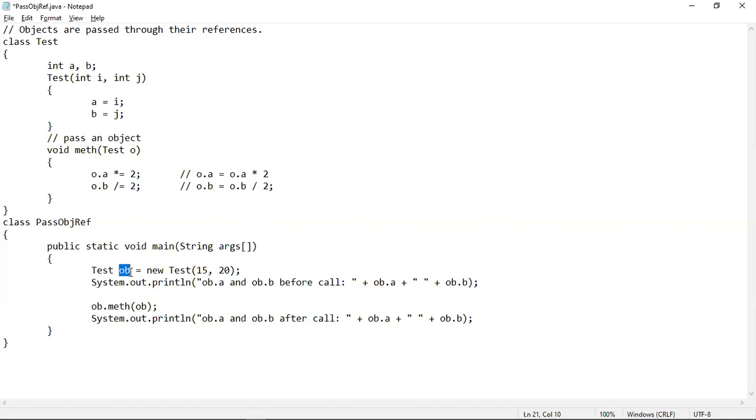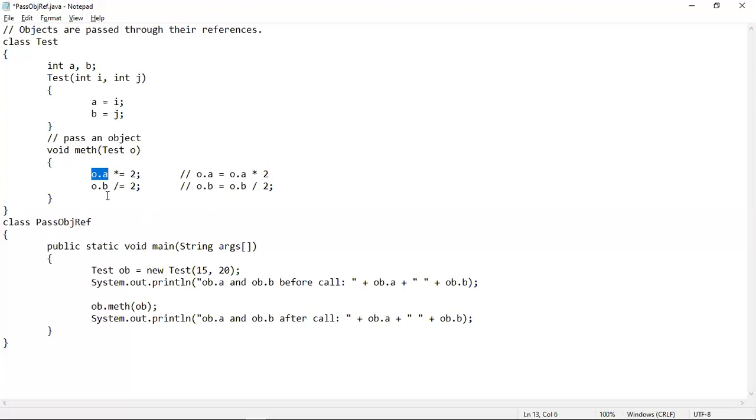Using the object ob, the value passed into this b instance variable is 20, so o.b means actually 20. This will be divided by 2, which will give you 10, and the same value will be stored into o.b. So now o.b contains 10, and o.a contains 30. More specifically, ob.a contains 30 and ob.b contains 10.